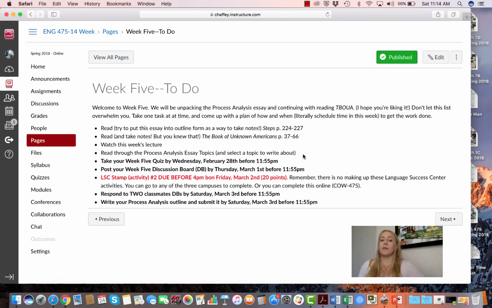Again, this is something that the Language Success Center sets up. You get points for my class because you have to do the supplemental hours in conjunction with this class, but you have to complete those activities according to their guidelines. So make sure you get it in on time in case they return it to you and tell you, hey, you forgot to fill something out or this isn't complete. You'll have time to complete that and get those 20 points, okay? So make sure you get that done before Friday.